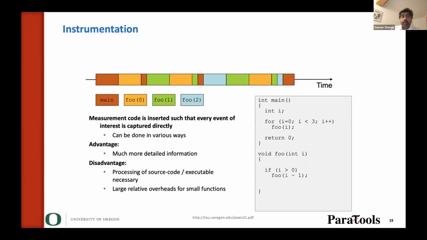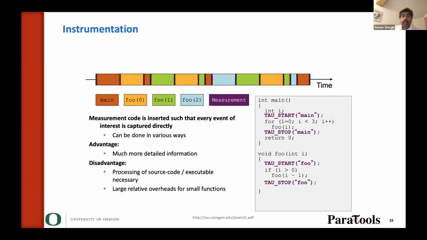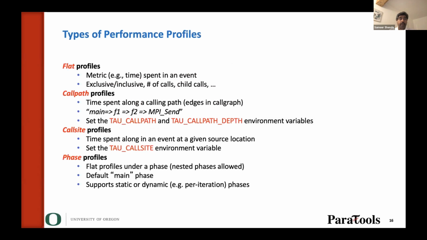So we have instrumentation where you have start and stop hooks that are inserted at the entry and exit of routines. And this can track the time spent in the different code regions at a more fine granularity. It also uses throttling of lightweight routines so that you can control the overhead of instrumentation. And you can use both sampling as well as instrumentation together in Tau to create profile files, which can include